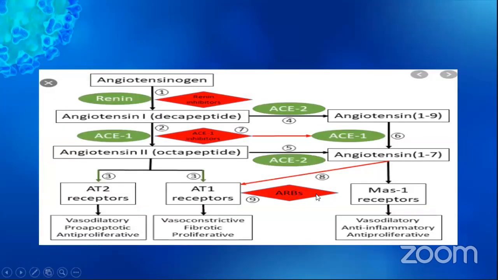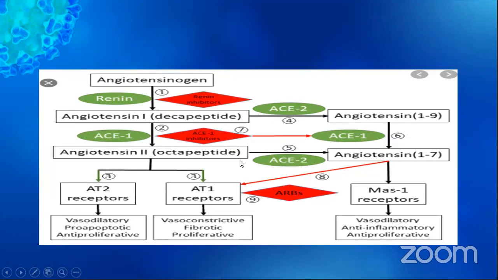Okay, this is a further detail of this one, angiotensinogen. On this, renin acts in the kidneys and it works to make angiotensin 1. Angiotensin 1 is converted to angiotensin 2 by ACE1, and this angiotensin 2 usually binds to the ACE2 receptors and is converted to the good protein, which is angiotensin 1 to 7, and it has vasodilatory, anti-inflammatory, and anti-proliferative effects. So once this COVID-19,